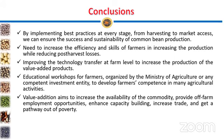Value addition aims to increase the availability of commodity, provide farm employment opportunities, enhance capacity building, increase trade, and get a pathway out of poverty. So that's all about